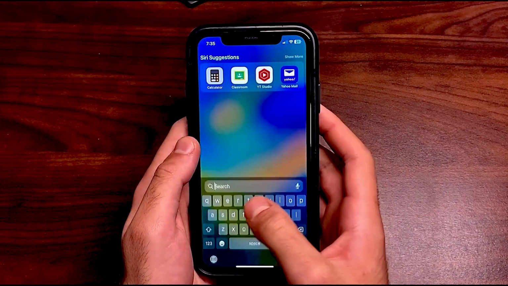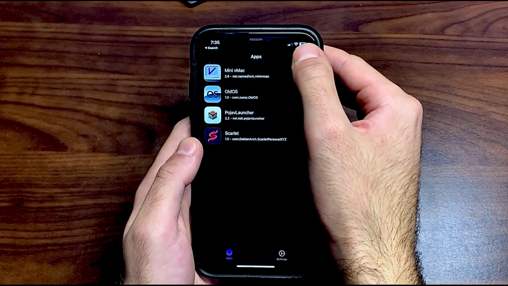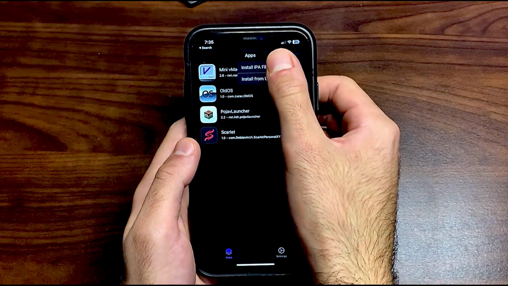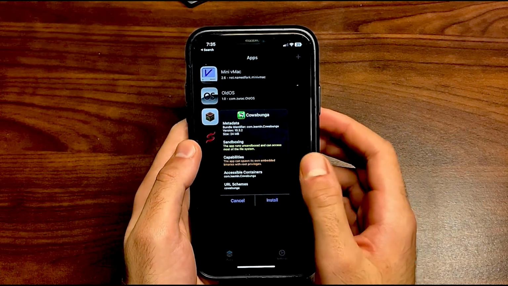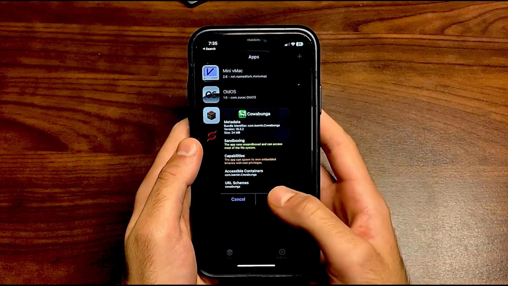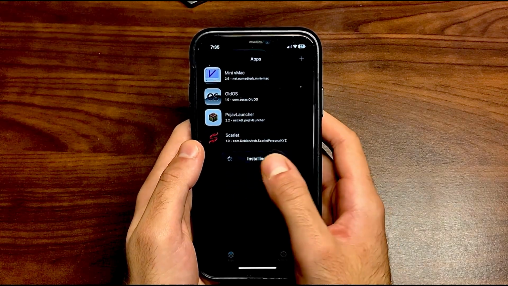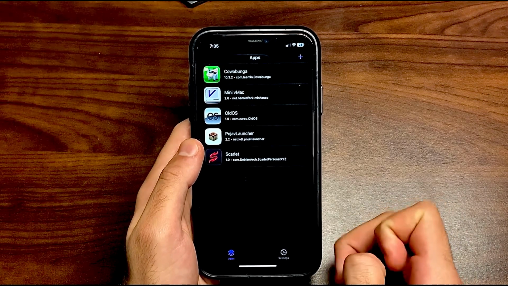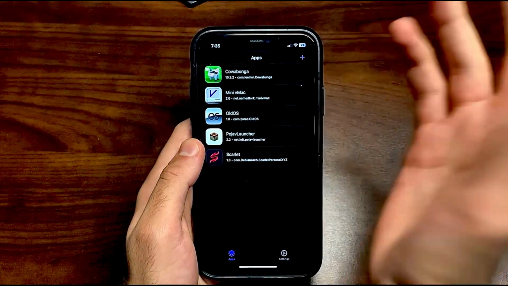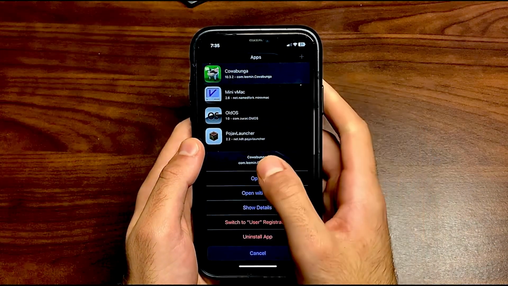But anyways, you guys are just going to open up TrollStore, and then you can just click on the plus icon here, click on install IPA file. You can just click on the IPA file here. It'll say a bunch of this, it doesn't really matter, just click on install. You'll see installing here, and now Cowabunga has been successfully downloaded. So what you guys can do is either just open it up on your home screen, or you can just click on this here, click on open,